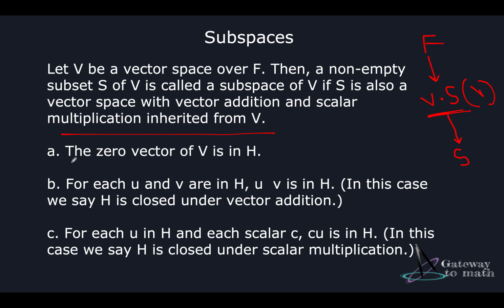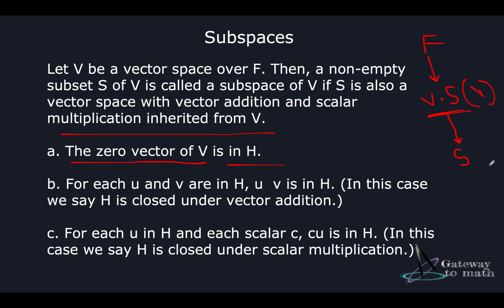What are those conditions? The zero vector of V is in H, so the zero vector has to be a part of it. Zero is really important because you are scaling. Think of it as an explosion. Before the explosion there was nothing, just one electron, proton, neutron, whatever the case is, and then it explodes to give a chain reaction, right? That point of possibility starts from zero, and that is why in such structures it is important to always include it. So the zero vector of V is in H.